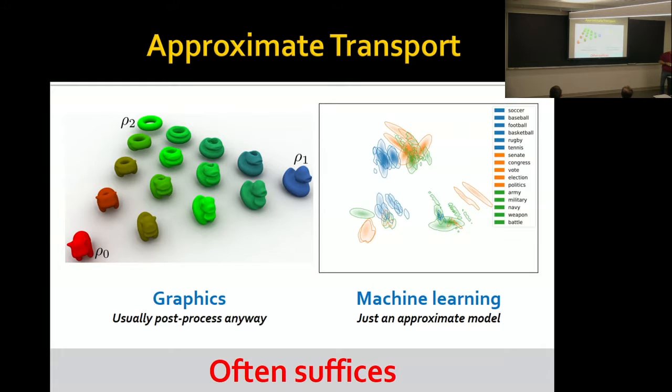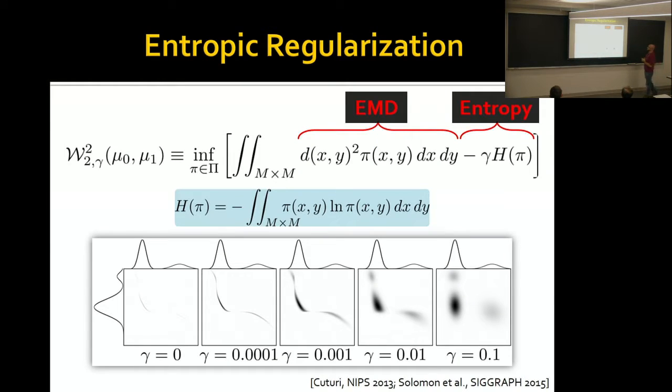So in that area, there's a very popular set of tools known as entropy-regularized optimal transport. These were sort of brought back to life by Marco Cuturi in 2013 at the NIPS conference, and then we have some additional work together to show how you can do this extremely efficiently on large-scale domains, so long as they have some nice geometric structure. And the basic idea in this area is I take my transport problem, notice that's sort of the first term here, and I add to it a second term, which is measuring the entropy of my transport plan. Remember that entropy is a measure of disorder, whatever that means, or roughly just a measure of fuzziness, right?